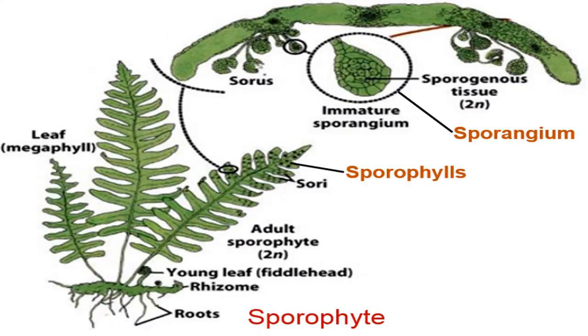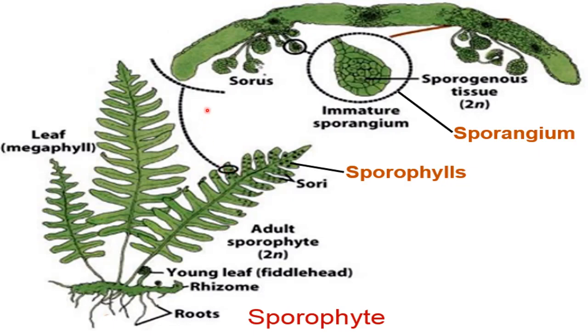In this, these are megaphyll. Mega means large, phyll means leaf. So these are large leaves, you can say. The word macrophyll can also be used here. Macro also means large. So macrophyll and megaphyll are both the same thing. You can see these large-sized leaves here, and on these leaves, these are megasporangium.